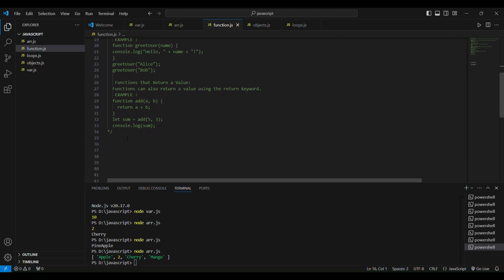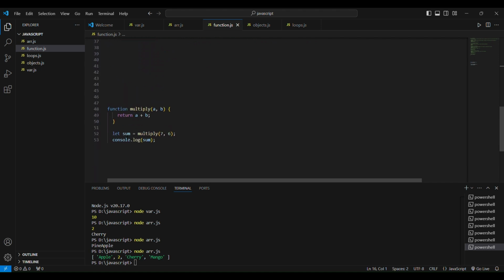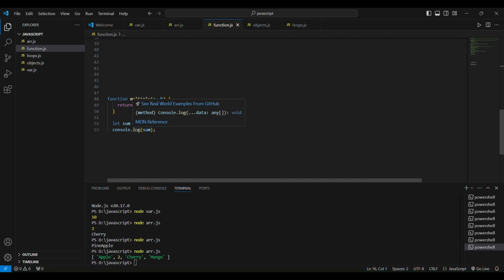Let us see an example. I have given here a function keyword followed by a name and a parameter in parentheses. You can see here I have written a plus b, and I'm asking it to do the sum using the function. You can see here I have given let sum equal to multiply,